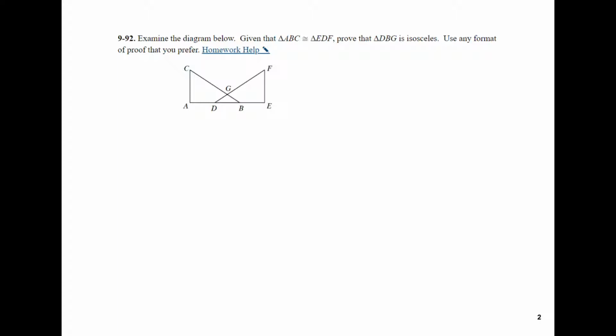9-92, examine the diagram below. Given that triangle ABC is congruent to triangle EDF, prove that triangle DBG is isosceles. Use any format of proof that you prefer. So we know that I'm going to use a 2-column proof. And they told us the given,